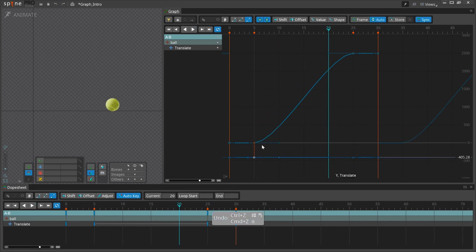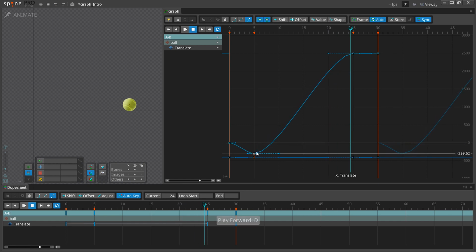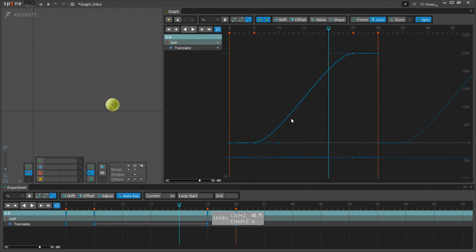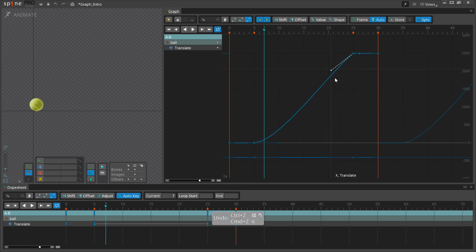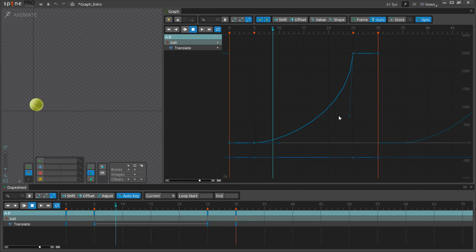Is there anticipation in the opposite direction? Likewise, how does it arrive at a pose? Does it ease in? Or fast in? Is there an overshoot and settle?